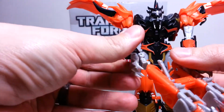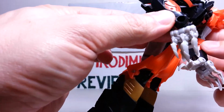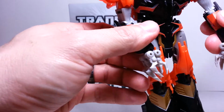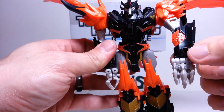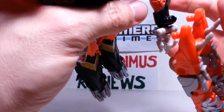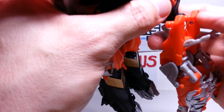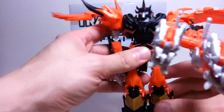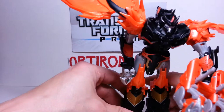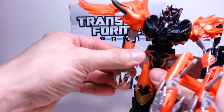I said, you can get him to hold these. Oh, hold on. Let me try this. Because he does have little plug-ins right here to where you can actually plug these into his forearms, like so. That's better. Because he's got these really soft plastic claws, so...